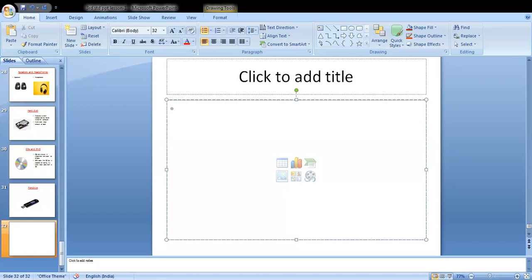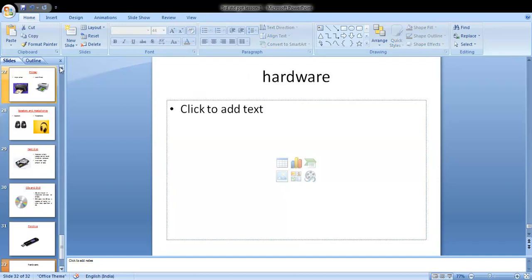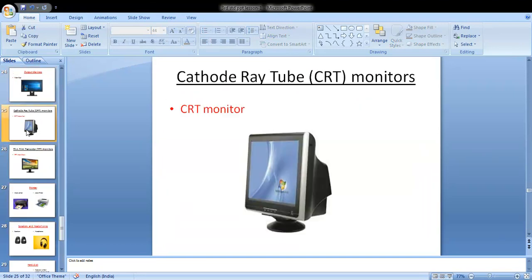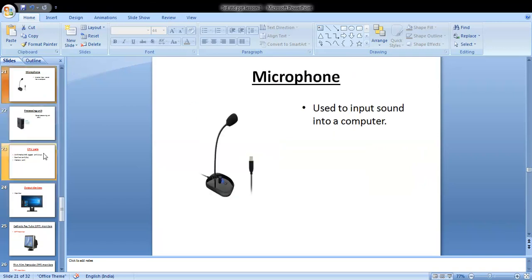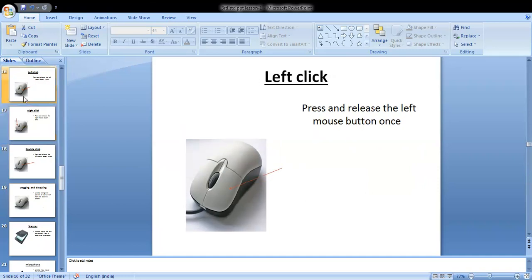Understand? So devices such as keyboard and monitor, which you have now studied, all these are hardware. What is it called? Hardware.